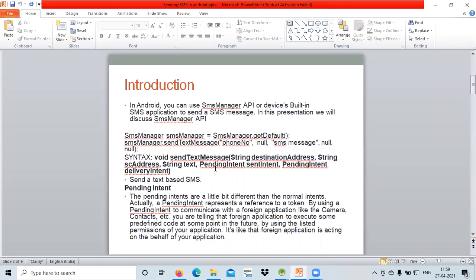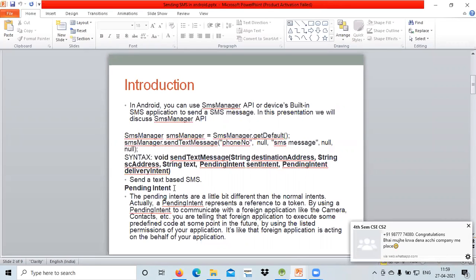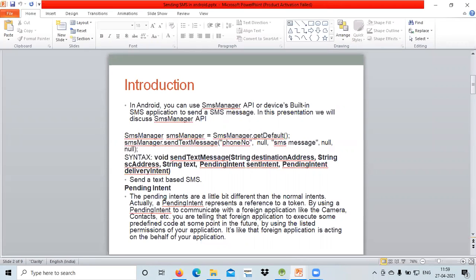Now here you can see a new word, the pending intent. What is this pending intent? Can any one of you tell me what we mean by intent? So many times we have used this term intent. Can any one of you tell me the meaning of intent?